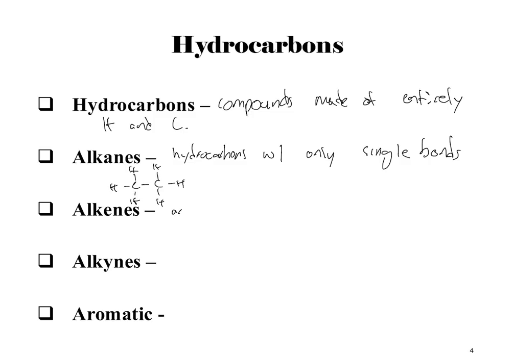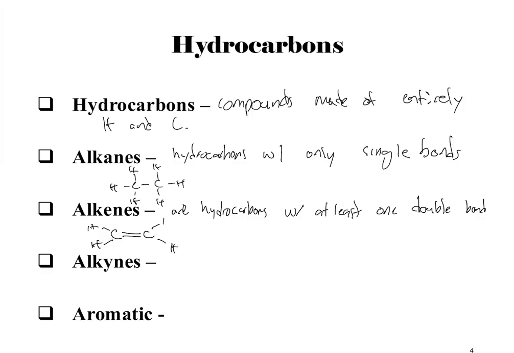Alkenes are hydrocarbons with at least 1 double bond. So for example, if we look at the same molecule, but now we've added a double bond, removed a hydrogen, right? Now we have a double bond between these 2 carbons. This is considered an alkene, right? And an alkene has very different chemical properties, physical properties compared to alkanes. So when we talk about saturated versus unsaturated fatty acids,